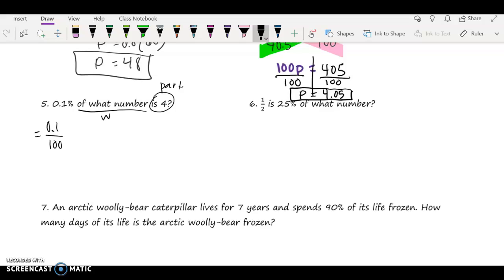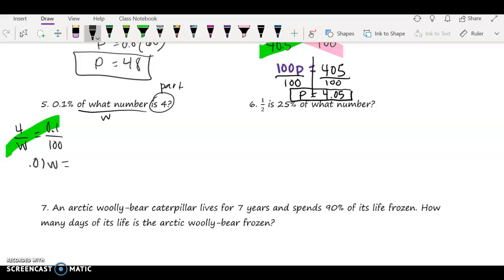So my part goes on top, so 4 out of my W, and I don't know what that is. Cross multiply, and I have 0.01 W equals 400. I'm now going to divide by 0.01, so that way these cancel, leaving me with W on the left side of my equation. And 400 divided by